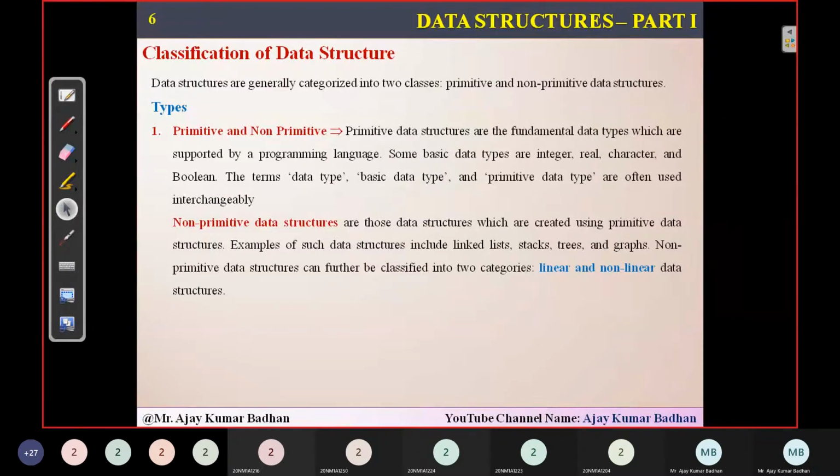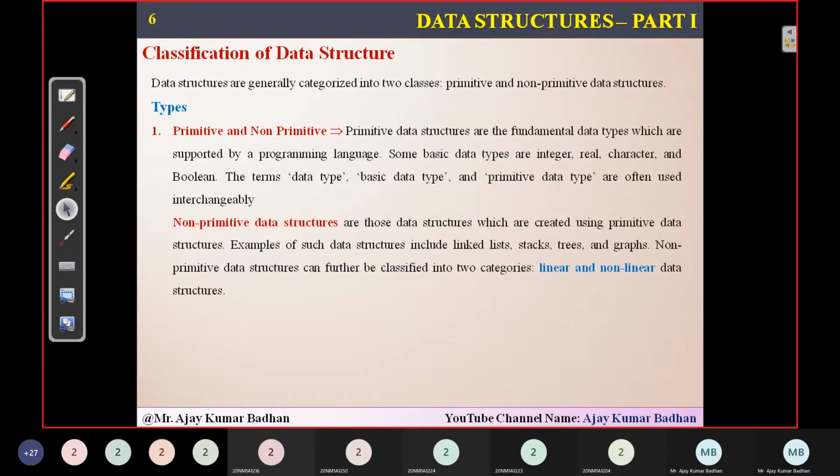Coming to the classifications, we discussed that there are different types of classifications for data structures. The first is primitive, and the other is non-primitive. Primitive is the fundamental data types, nothing but the inbuilt data types provided within the programming languages. Using them, we will be creating these primitive data structures. The different primitive data types are integer, char, float, and all these come under that.